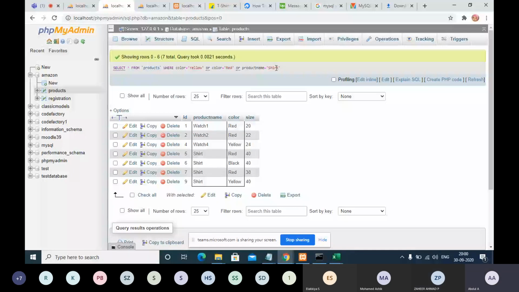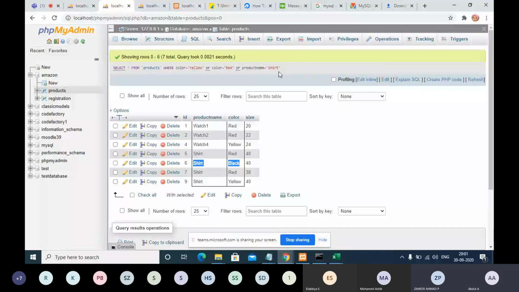I didn't mention color black, but black is also available. Why? Because I am using the OR condition. Product name is equal to shirt, so all the shirts will come. It will not consider the color.